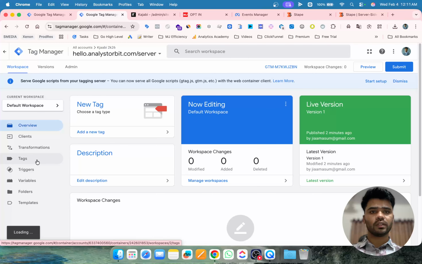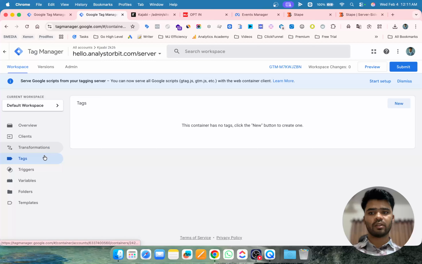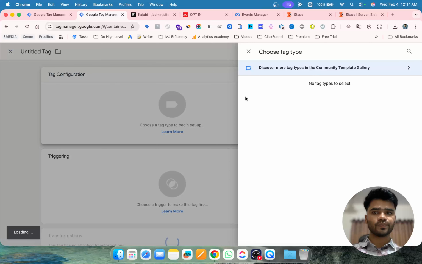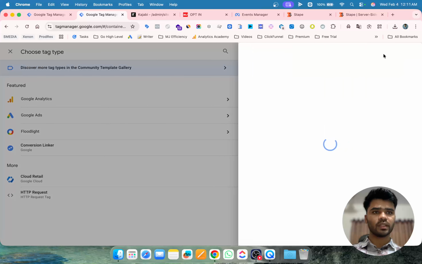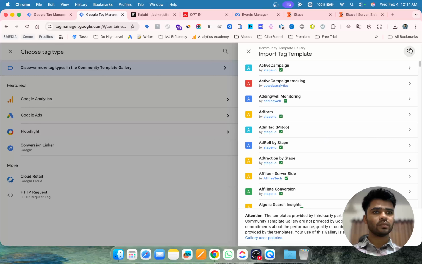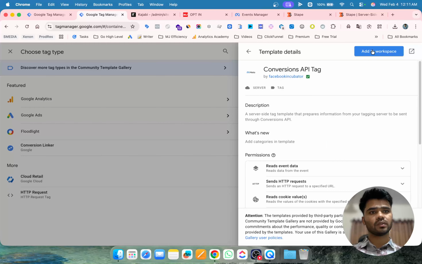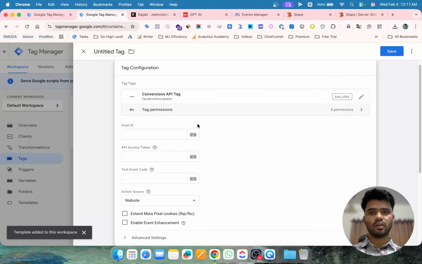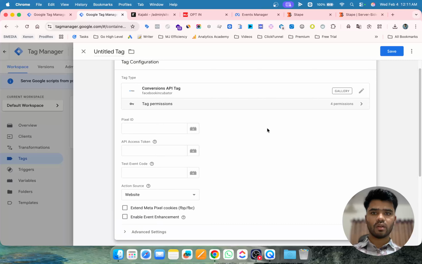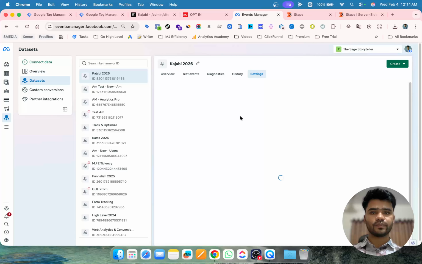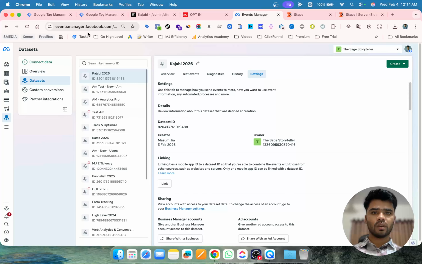So on your server, come to your server container, click on tags, plus new tag configuration, search for tag template gallery and search for Facebook. Yeah, that one by Facebook Incubator. Now enter the pixel ID. Go to your pixel, go to settings, copy,